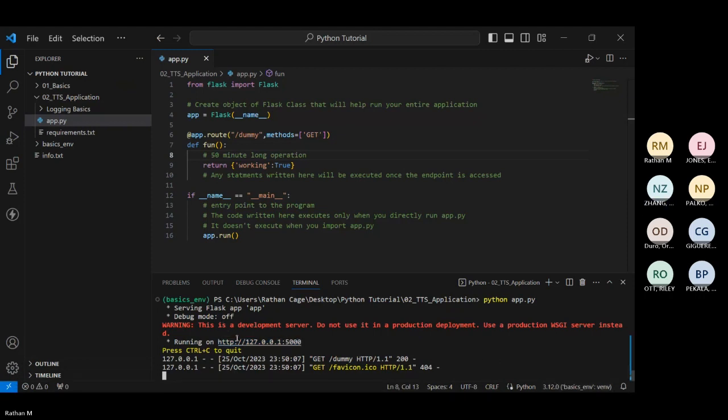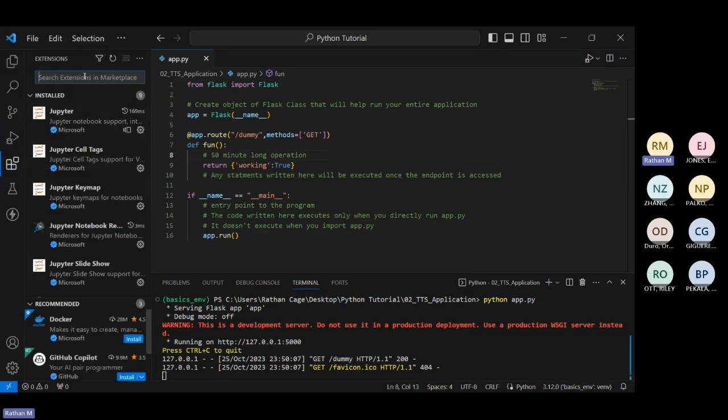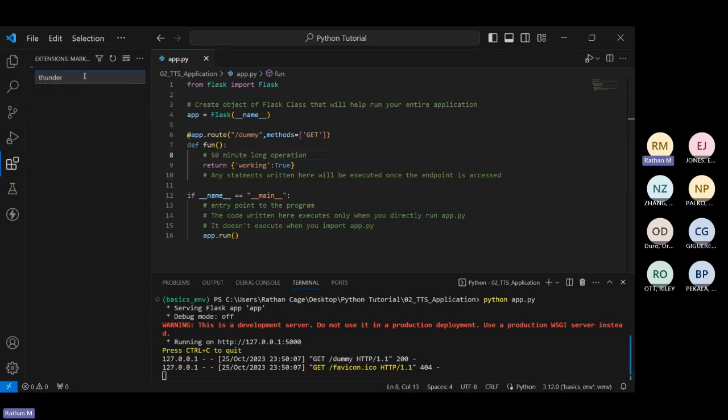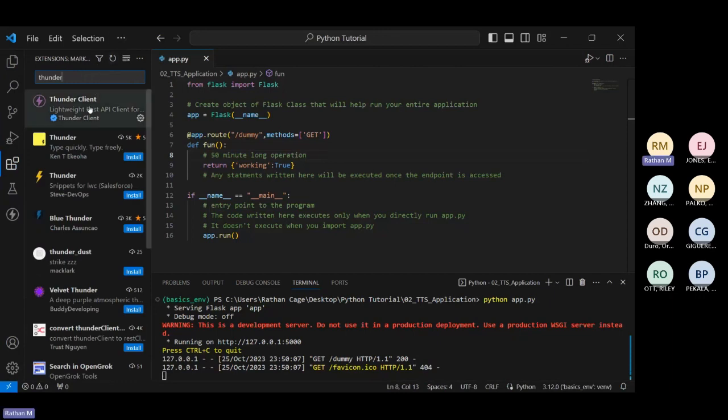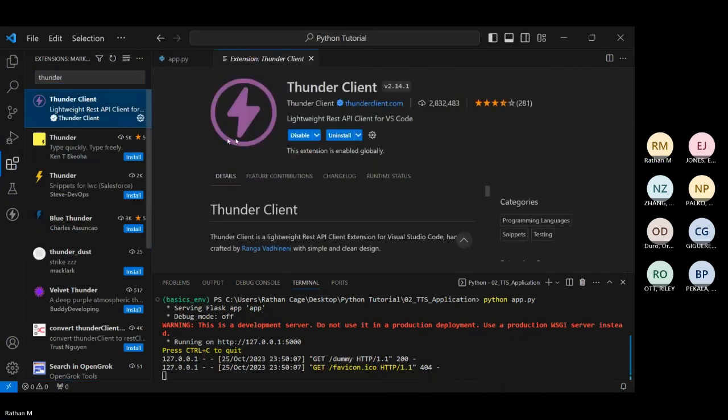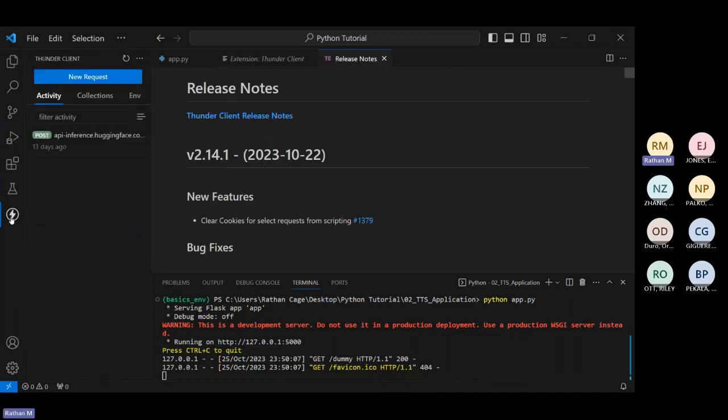Right. Okay, in that case, there's another way you can access it. You can just go to extensions and search for Thunder Client. There should be an extension called Thunder Client over there. I already have it installed, and it's enabled. You can check if you already have it installed, or it's installed by default, or you might need to install it. So this Thunder Client, which is available here with this flash icon, if you just click on it,